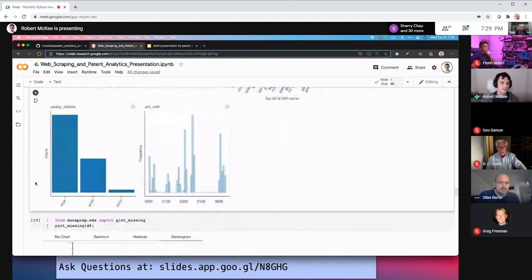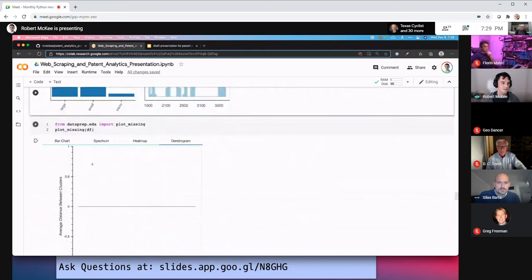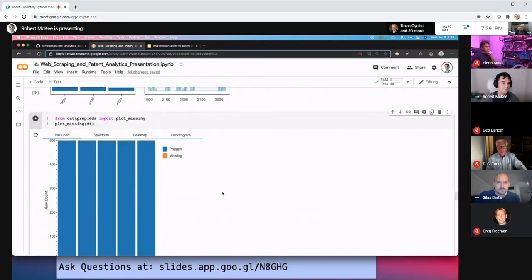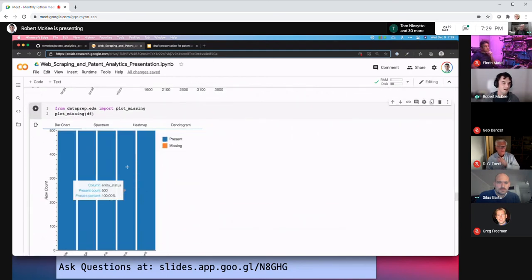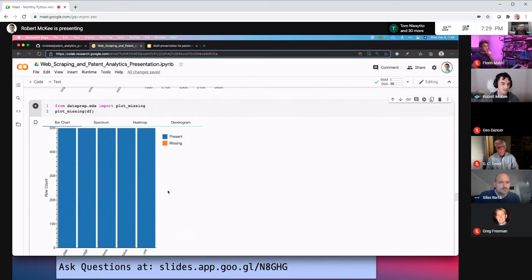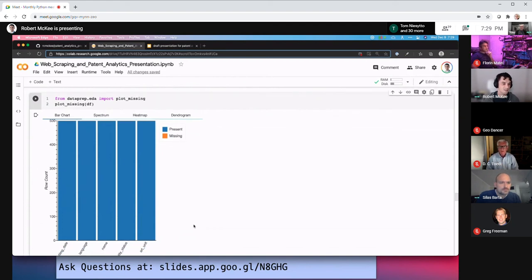If anything, just do it for the missing data. Because this chart right here shows that there's no missing data in the different columns that I have, and it's important to know if you've got a column that has a lot of missing data, and how you're going to handle that.